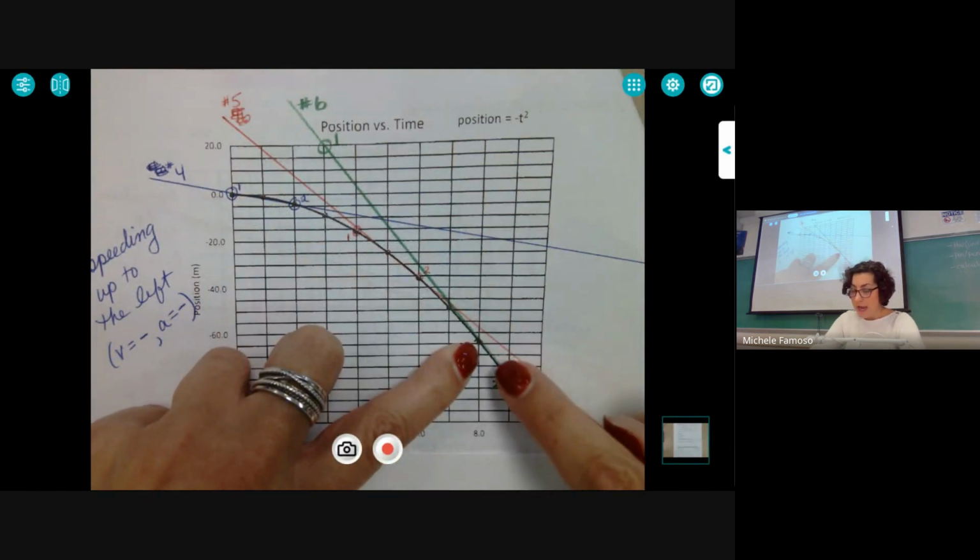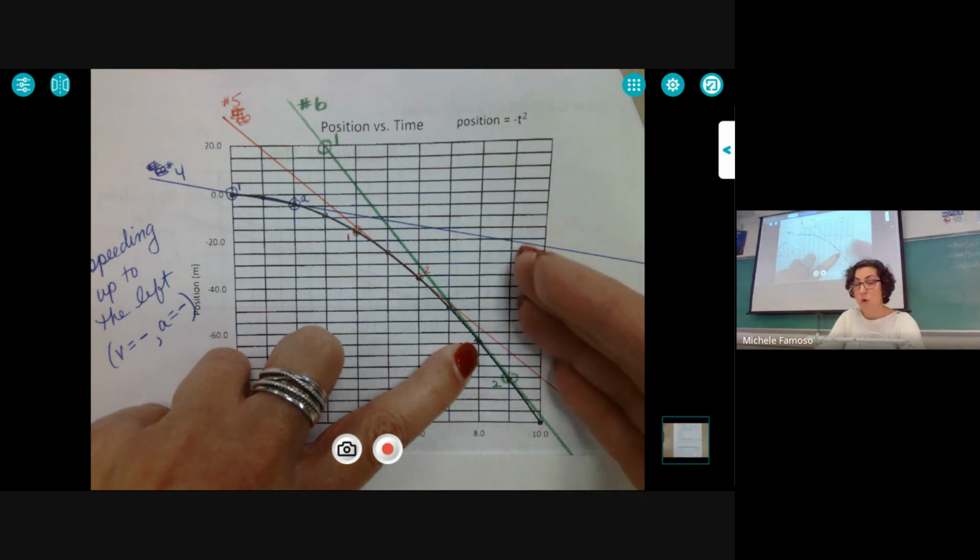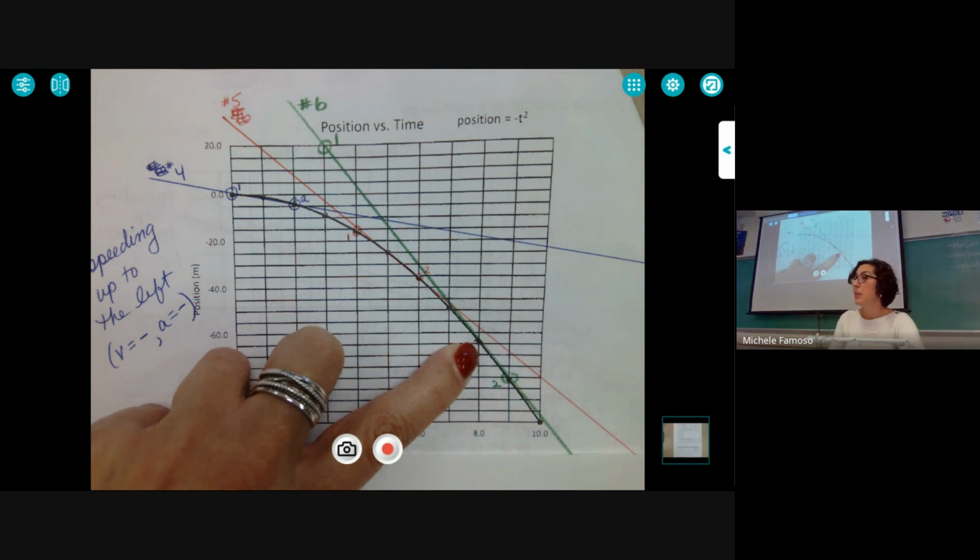Okay, it should not cross the parabola either. That's the other thing. If your tangent line crosses the parabola, goes from one side to the other, that's wrong too. Okay,